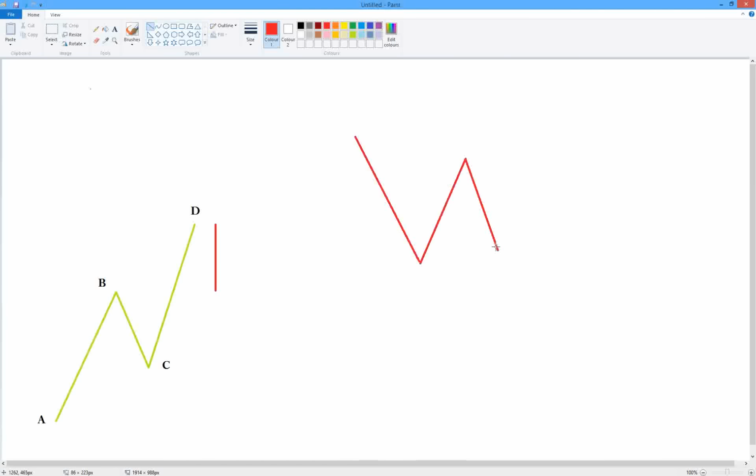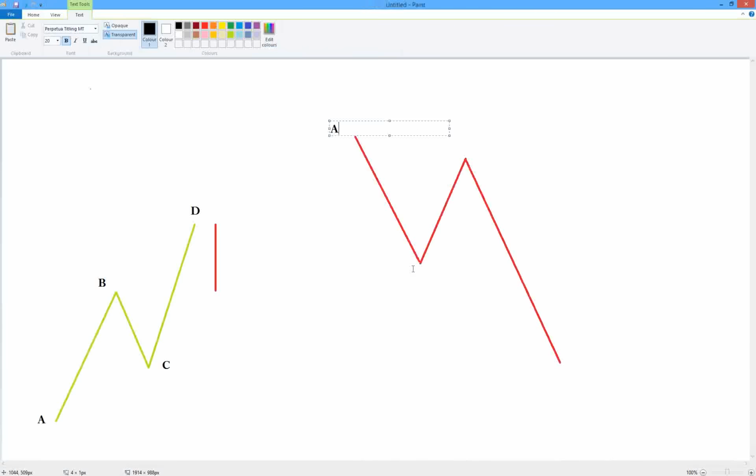And then it would continue on its way back down. Let me go ahead and label those. So just the same thing but backwards. A, B, C,